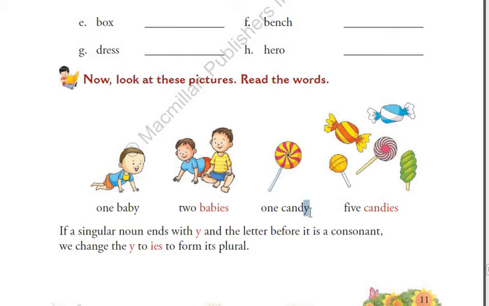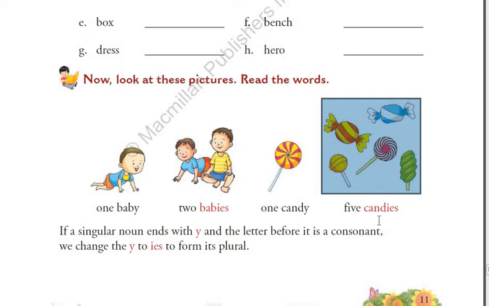Similarly, the word candy, students, if you can see on your screens, ends with the alphabet y. What do we have to do? Simply again we need to replace the alphabet y with ies, so the word candy will become candies, correct. If there is one candy, we say it is one candy, but if you can see in this photo, not one but many candies are there, correct. So we cannot say candy, we have to use the plural form of that word, candies, right.